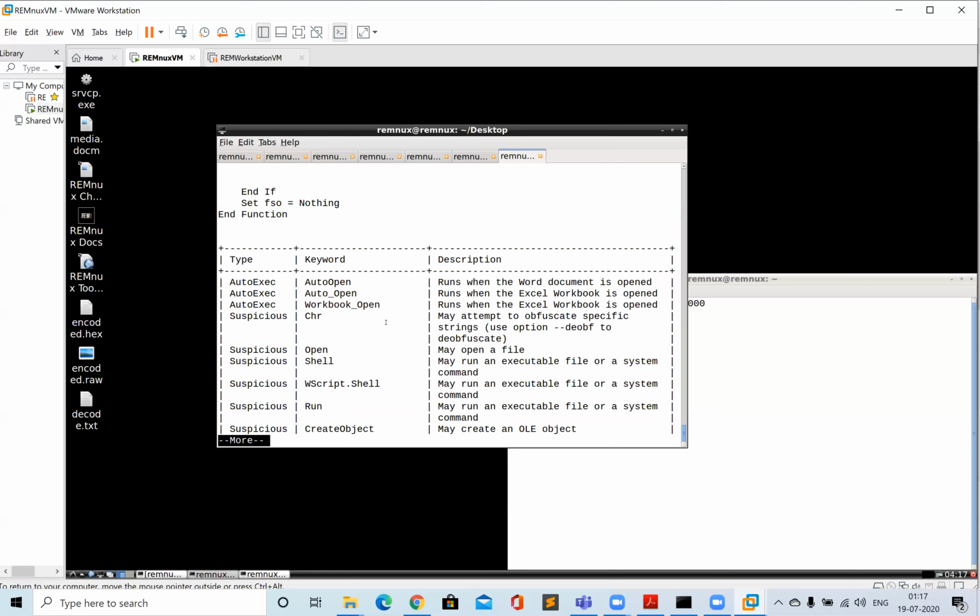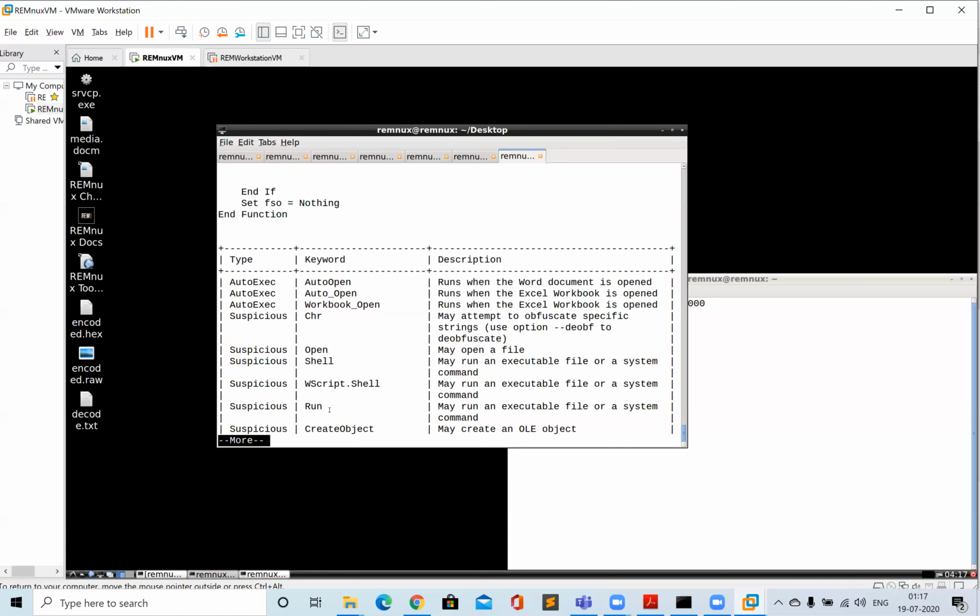Okay, and now a suspicious thing which it has seen in the macro is that it has a string called Chr, which may be used to hold obfuscated strings in the macros. Then we see that it has other suspicious functions like Shell or WScript.Shell, which can be used to run a script on the Windows operating system, or maybe another file.